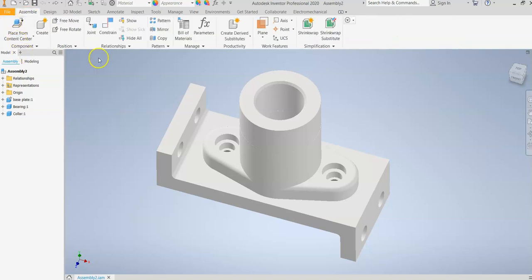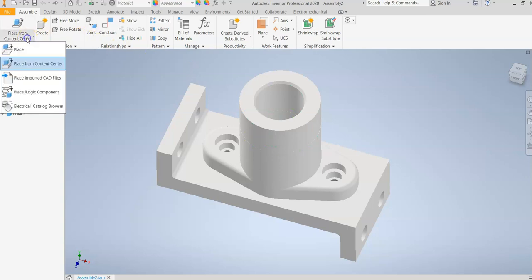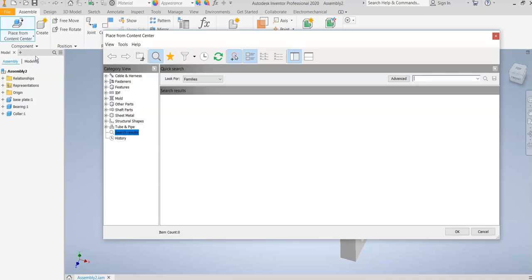So for this drawing, I'm going to go ahead and show you how to insert the cap screw from the content center that is embedded in your Inventor. So under your assemble, when we were bringing in each one of these parts, we were using place. The place from content center is a directory to a list of materials, or actually 3D files, of things that